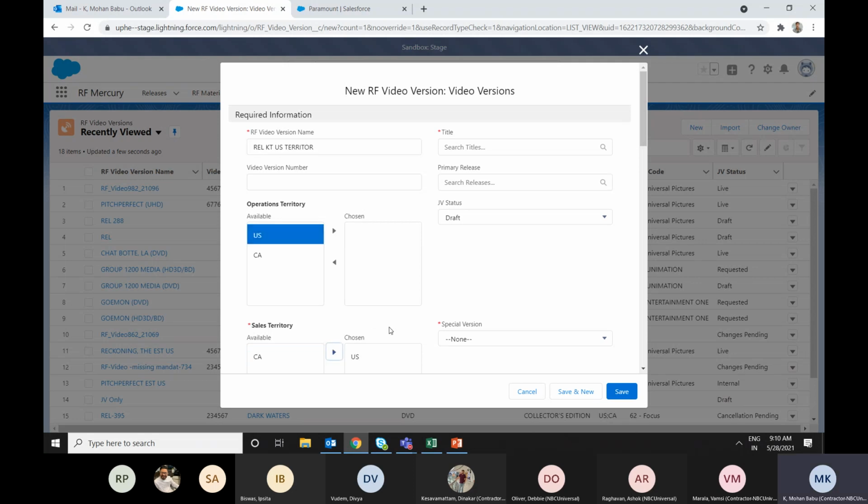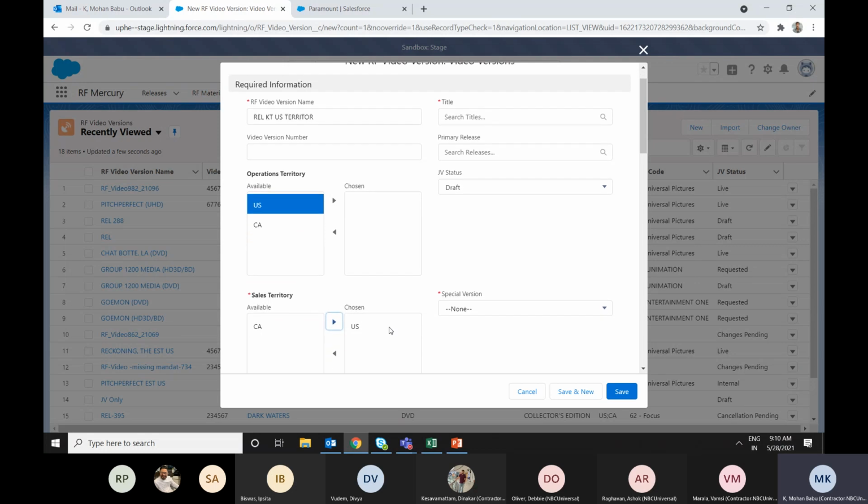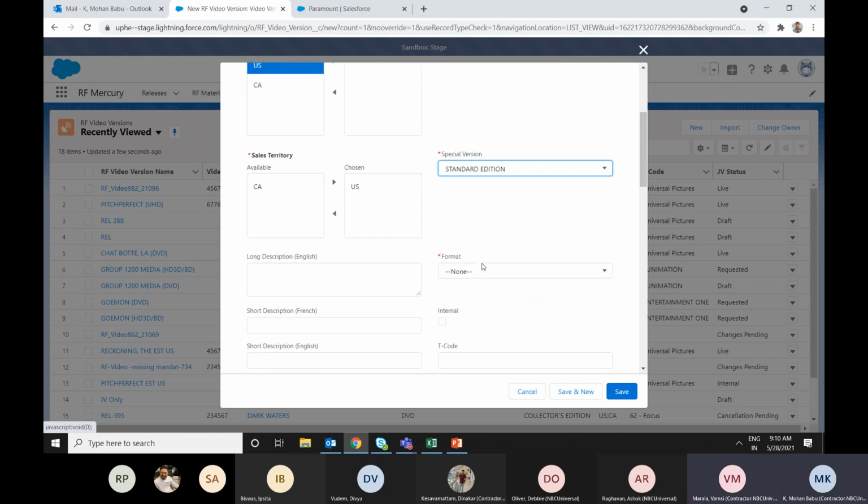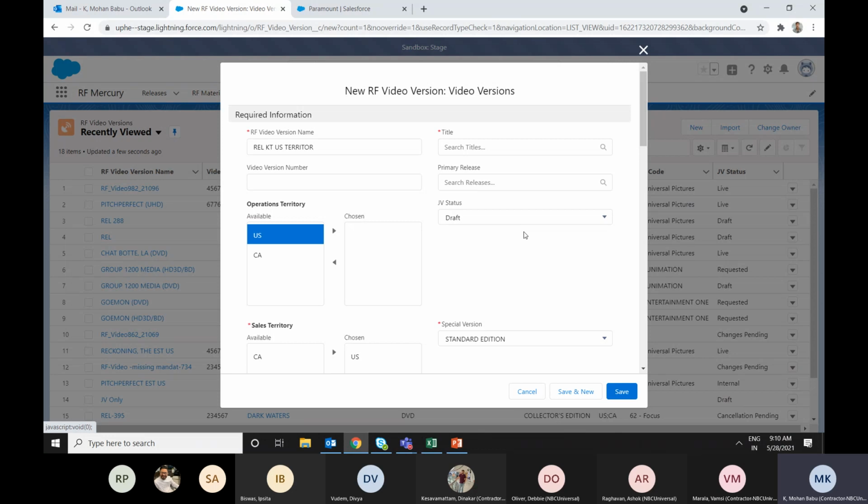The required fields for creating the video version are the video version name and the sales territory, and we need to specify what kind of version this is, whether it's a standard edition or special edition. We have this many special versions. We need to choose the category of it, and the title, and the type, format type, and the title.